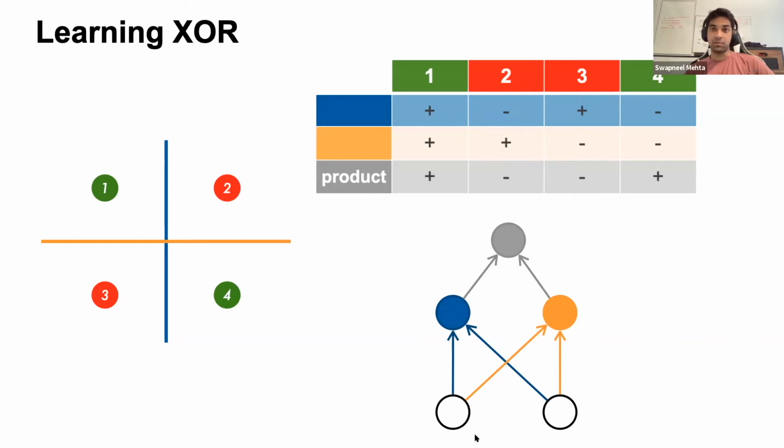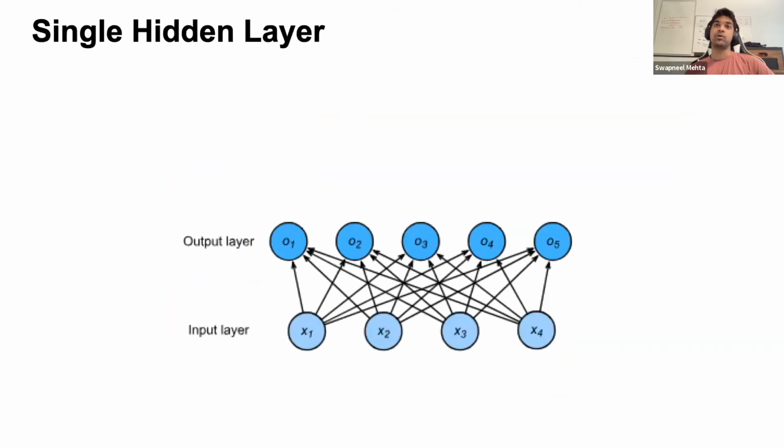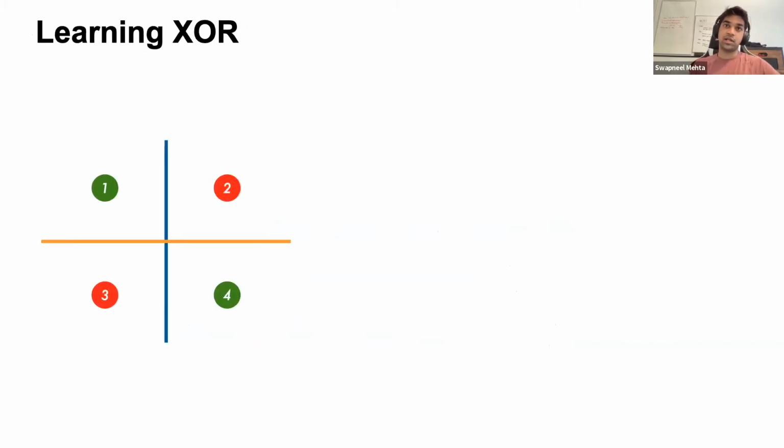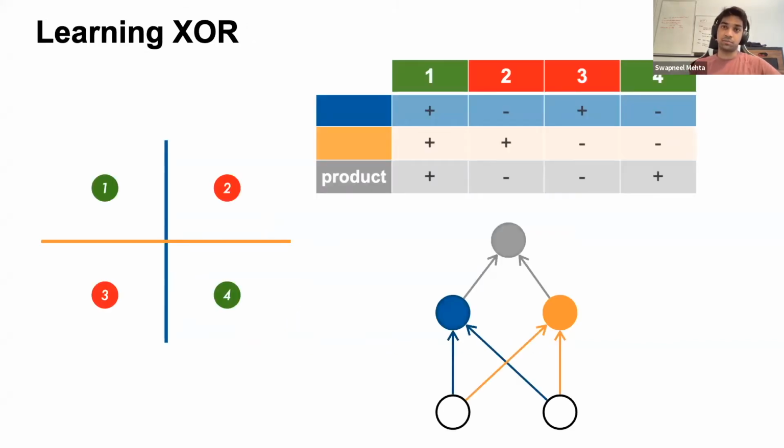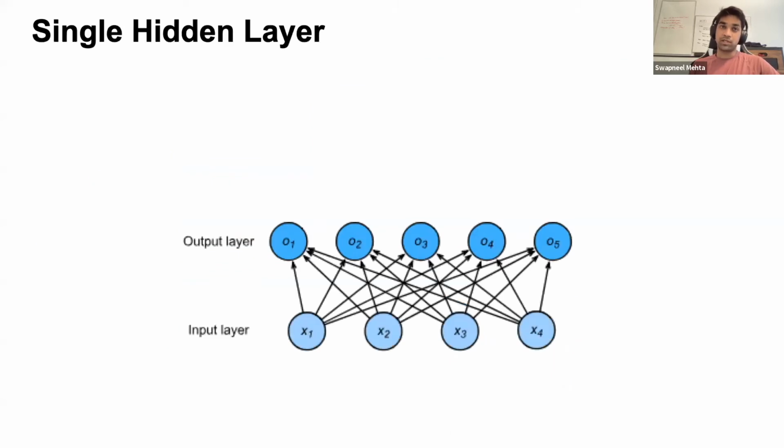So your black is your input, which goes to both perceptrons, blue and yellow. And then finally, we combine the outputs of both perceptrons into our final gray prediction. Not going to spend a lot more time on that, but this is the general idea. If you generalize this notion of two perceptrons to more perceptrons, now you have more complex data that you can separate, which is super cool because then you might think, well,